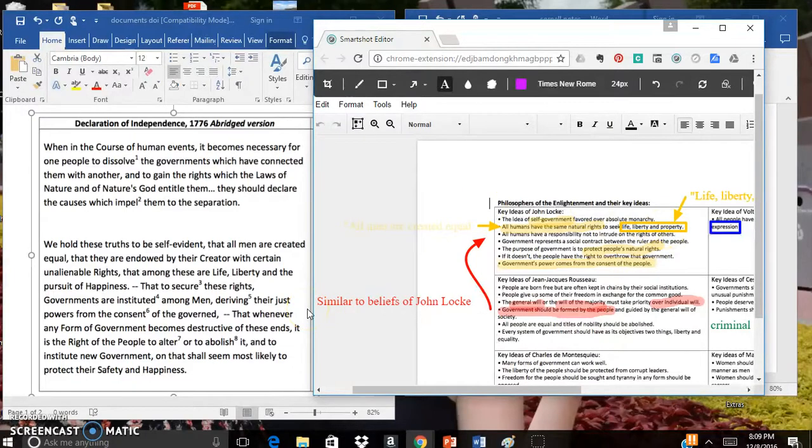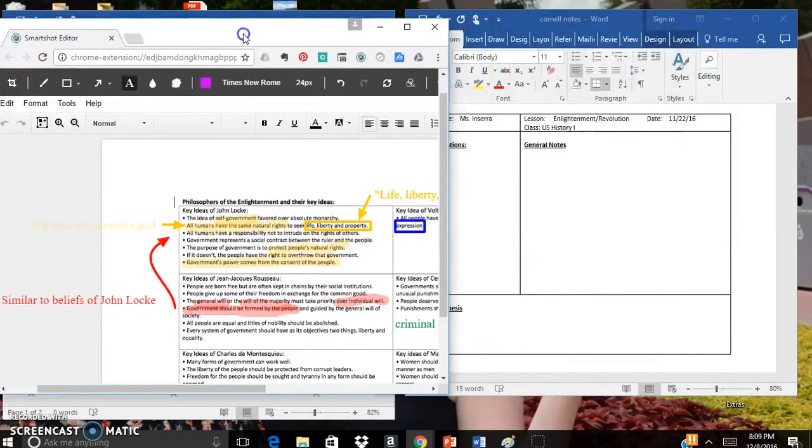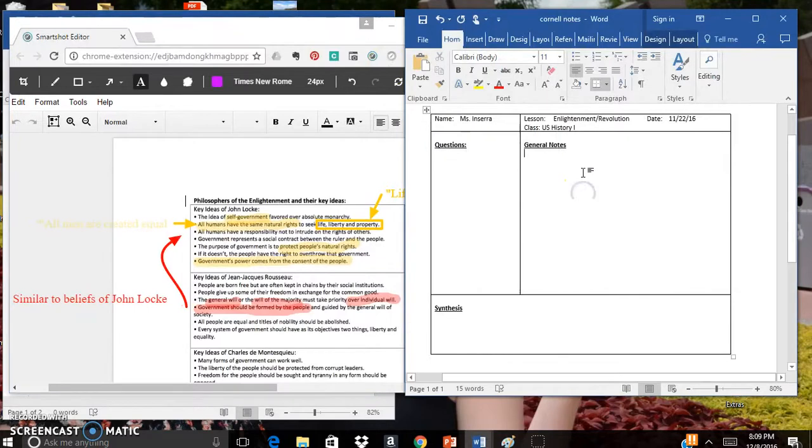And there's also the phrase, deriving their just powers from the consent of the governed, which, as we see here, means government's power comes from the consent of the people. So we have a couple of items that we can add into our Cornell notes. So for general notes, we'll write down John Locke, consent of governed in declaration,